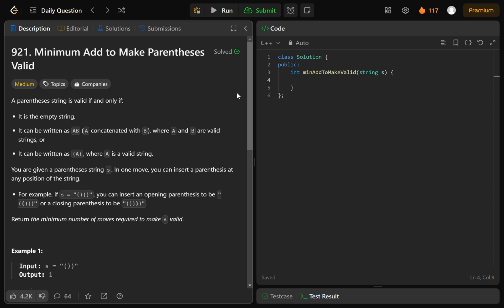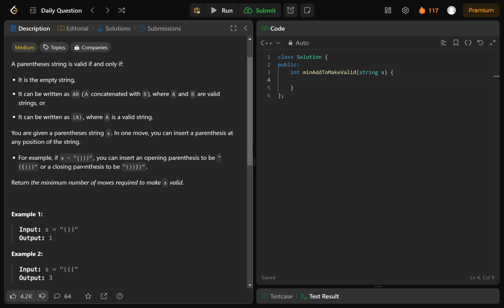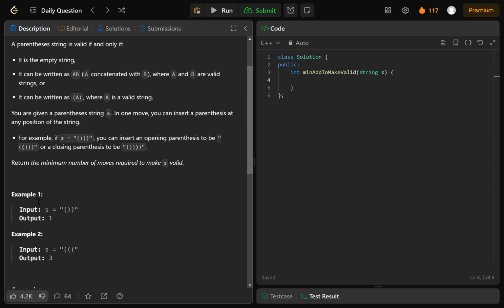Hey guys, today's question is minimum add to make parenthesis valid. In this question, we are given a string of opening and closing brackets, and we have to return the number of brackets we have to insert to make it balanced. For example, in example 1, in this string, we have to add another extra opening bracket on the left